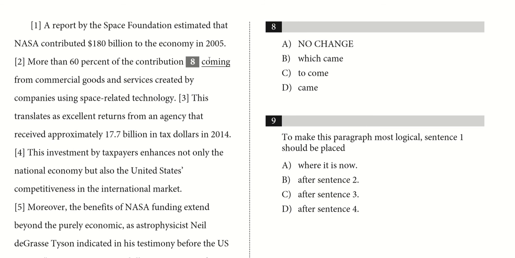We need a subject and a verb, and D is the only answer choice that provides that. Because with D, you'll have more than 60% of the contribution came from blank, right? So then you have more than 60% of the contribution, which is your subject. You have your verb in that case, which is came. And then what did it come from? The rest of this. So this is your object. If you just say came, it doesn't make the rest of the sentence a qualification of the subject. So then you have your subject, verb, and then the rest of it. So answer choice D is correct here.